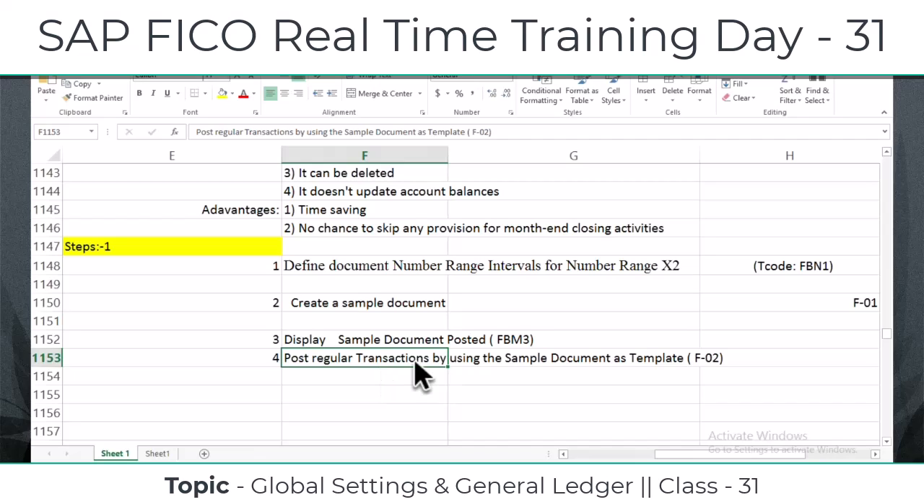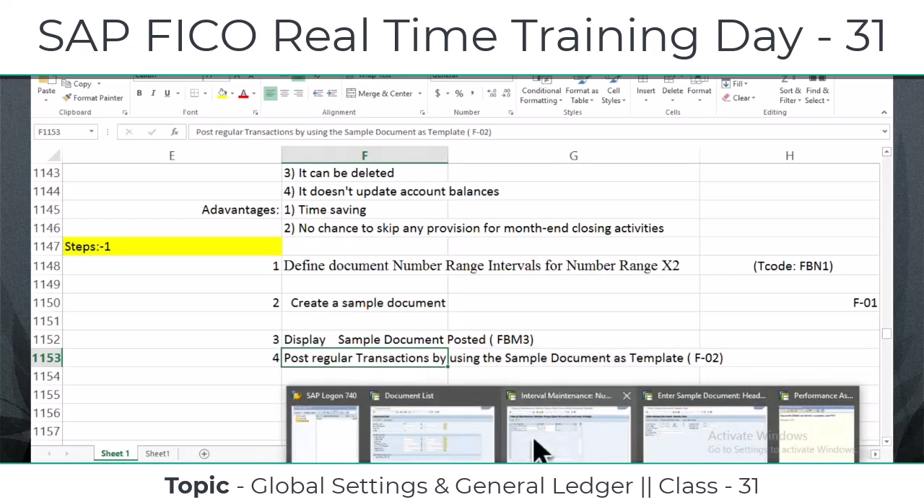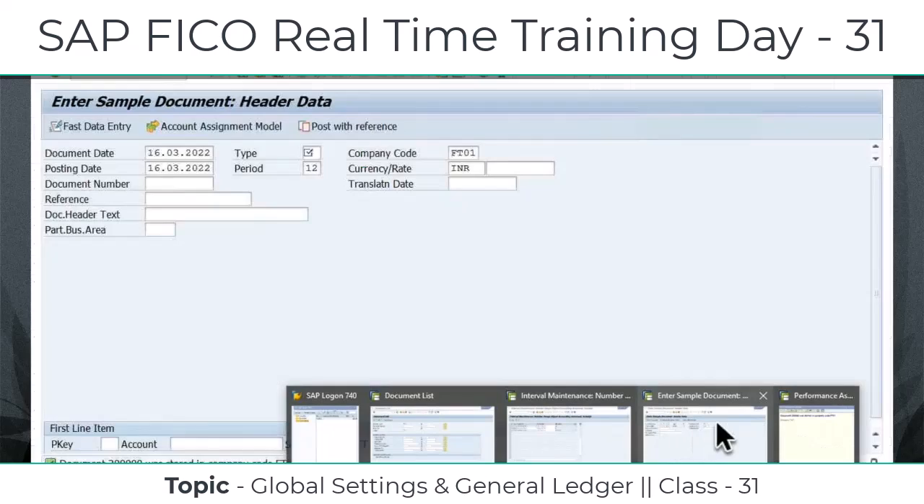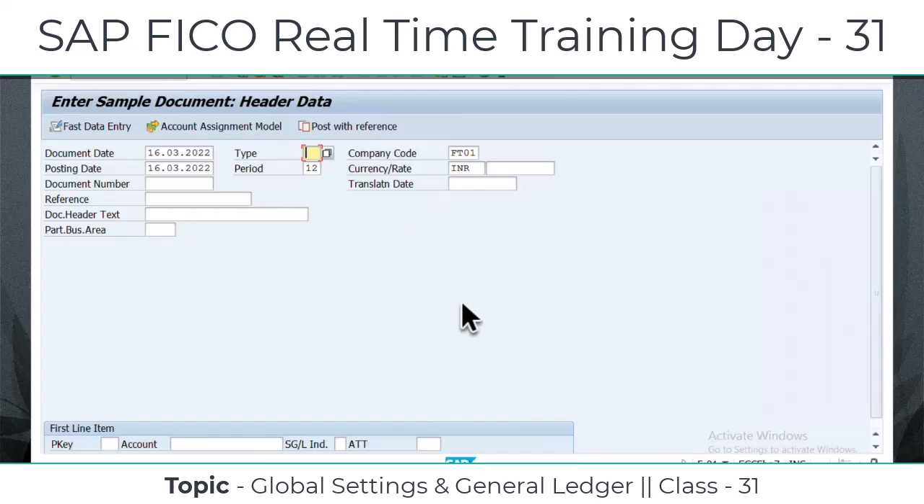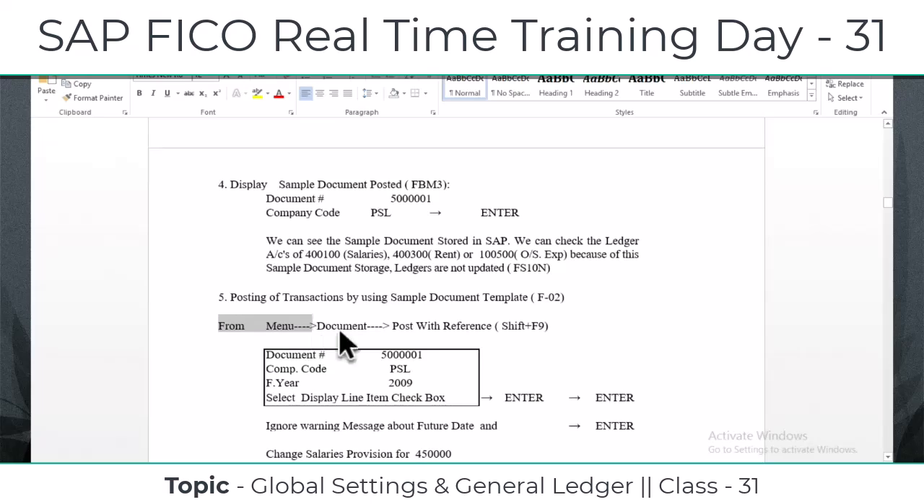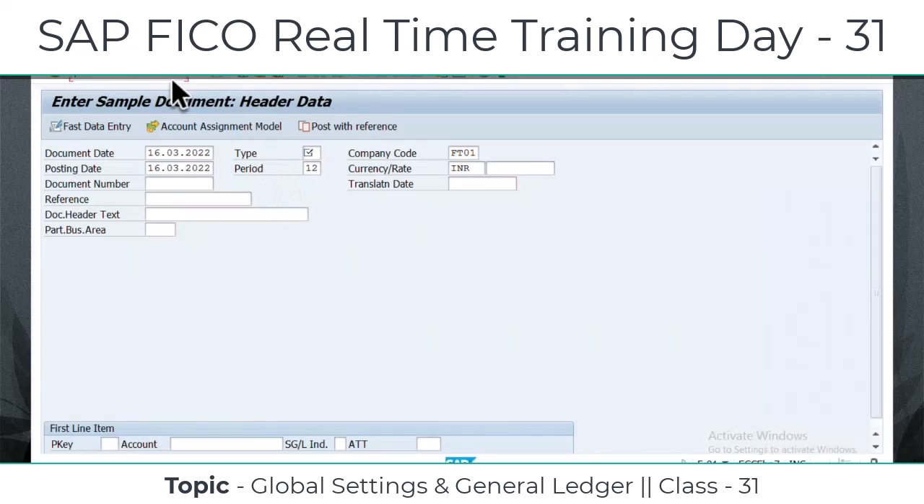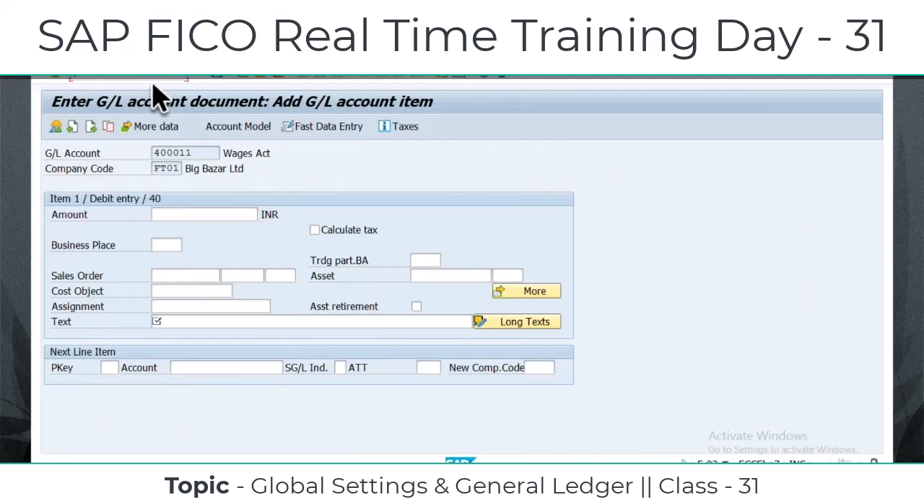Instead of posting the line items again and again manually, for frequent transactions you can create a template. So now I will show you how to post your regular transaction with reference to the template. It is there in the notes, don't worry. From the menu, Document, Post with Reference, it is there one by one. Here, the regular transaction code F.02, right? Just 2 minutes. Instead of entering debits again manually,